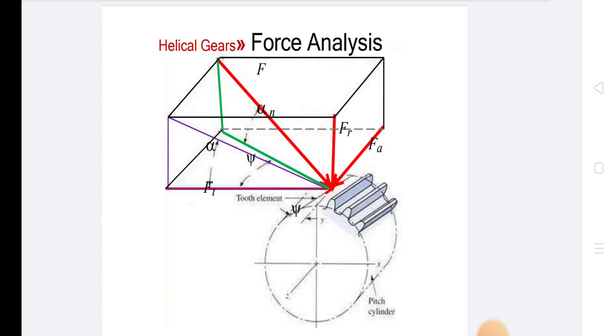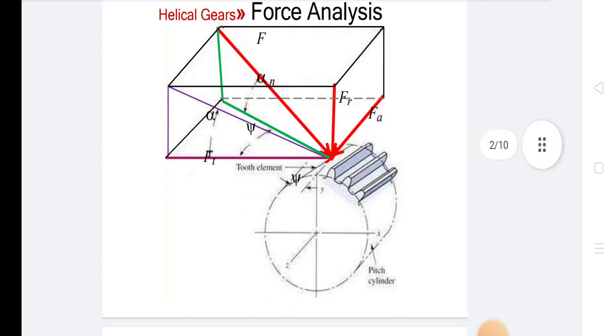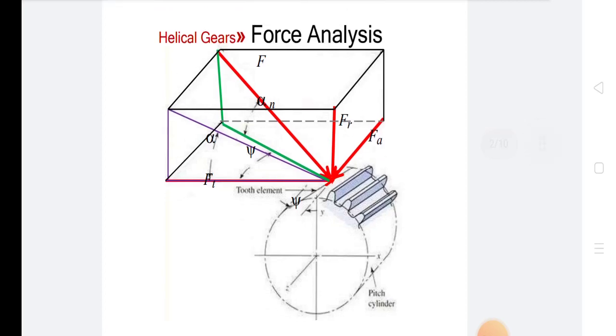In radial force Fr, the radial force always tends to separate the two gears. It acts along the radial line through the pitch point and is directed toward the center. The tangential component of force acting on the driving gear opposes the rotation of the driving gear and assists the rotation